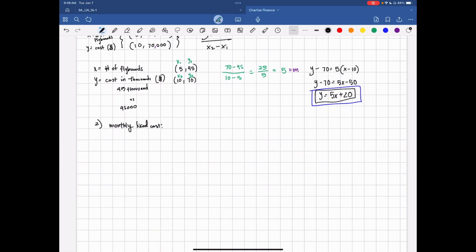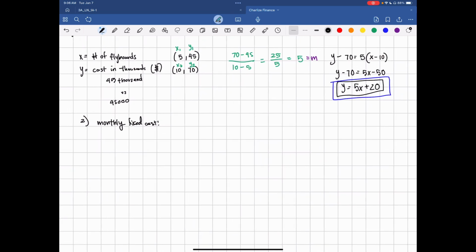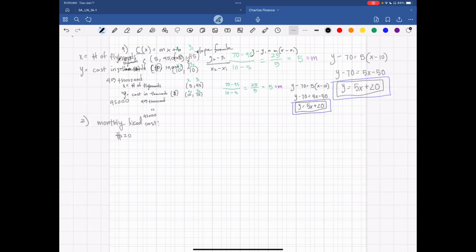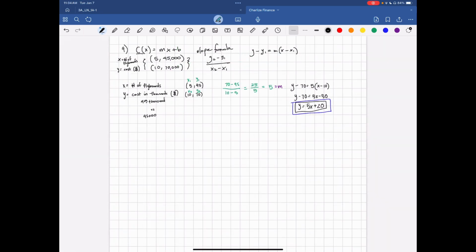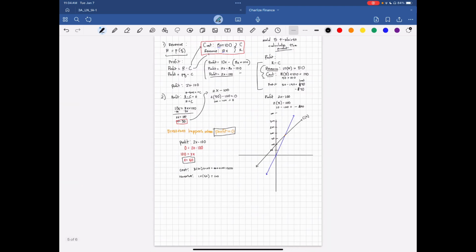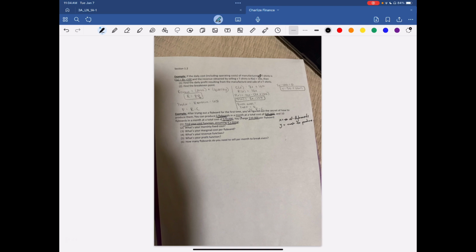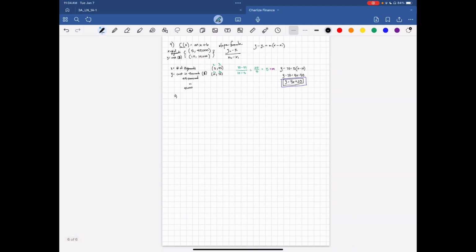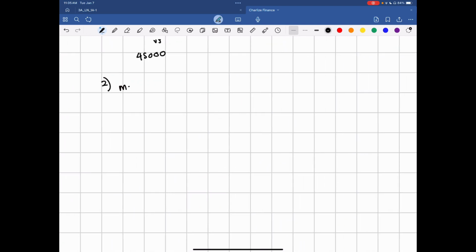It would be 20. I think I looked off at the number four, part two, number two. So that question is basically asking, what is the monthly fixed cost? Monthly fixed